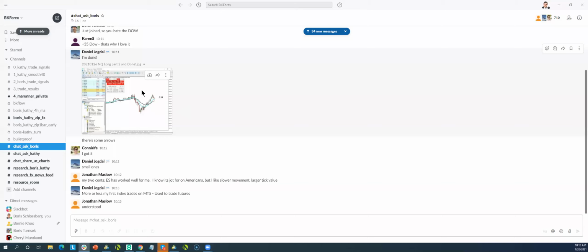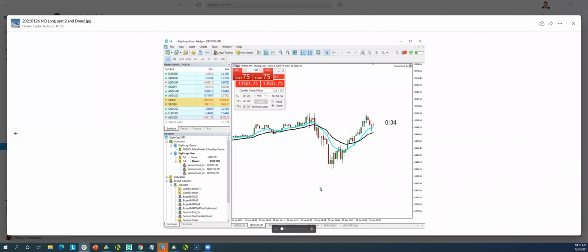Big stuff. Okay, so what did Daniel do here? So Daniel does some crazy stuff. Daniel basically buys here, Nasdaq trend against strong sell, against this wick. He's essentially